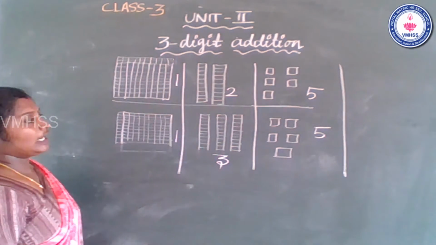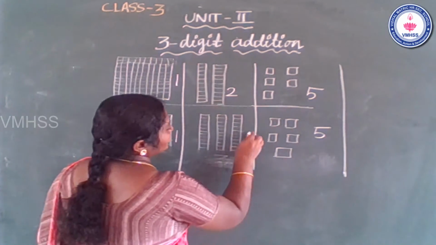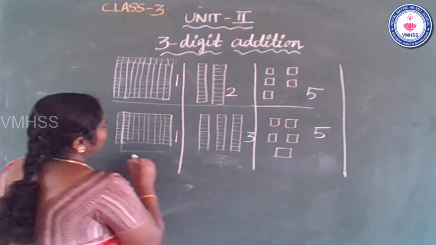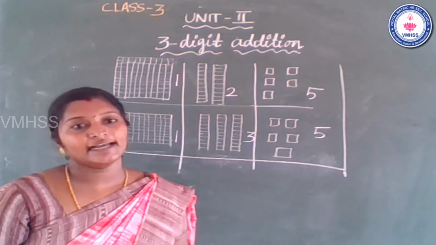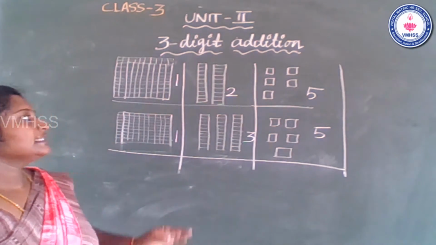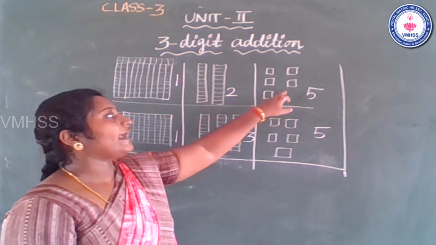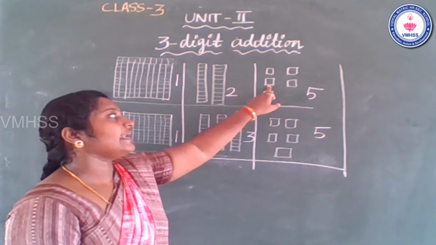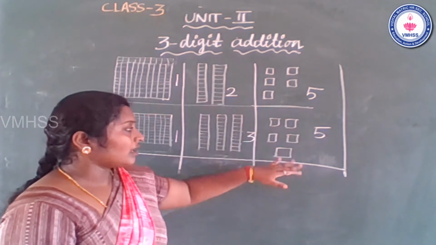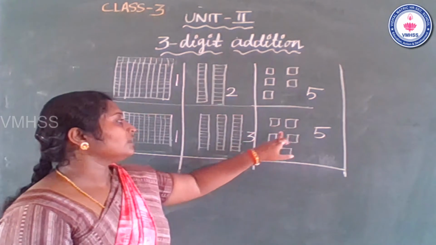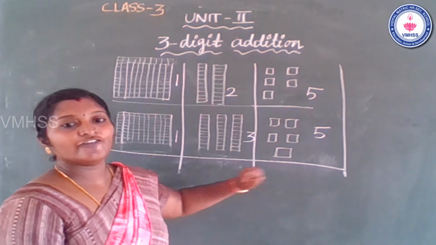Now we go to adding. Okay students. Now we go to adding using pictorial method and abstract method. Okay, students. So the first one, 5 blocks. 1, 2, 3, 4, 5. Okay, students. So second one, also 5 blocks. 1, 2, 3, 4, and 5.